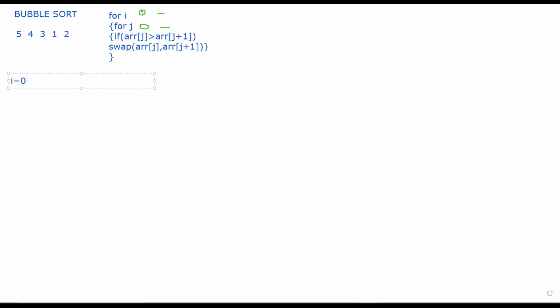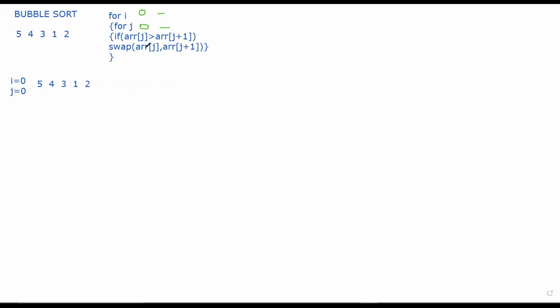When I am inside this for loop, I will go further inside the j loop. Just assume that the condition is true, and then I will have j equal to 0 also, right? Then after that, I want to operate on this sequence 4, 5, 3, 1, and 2.